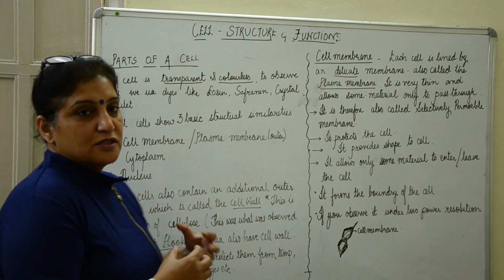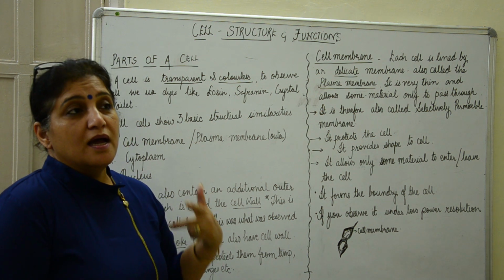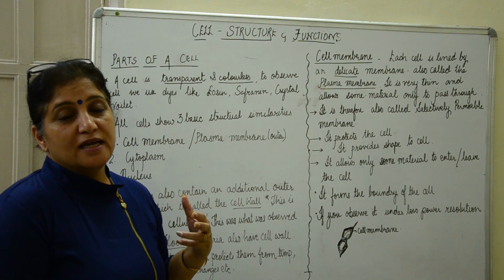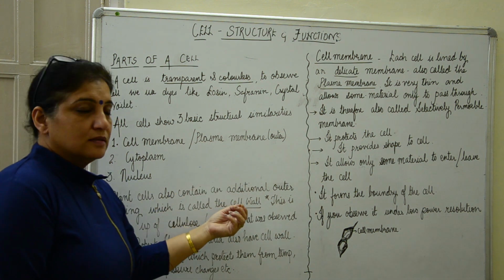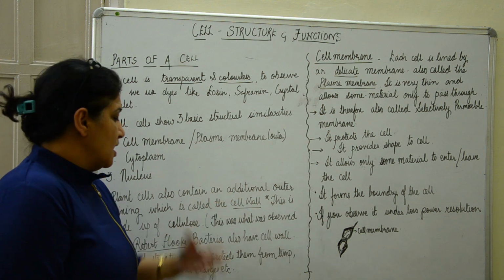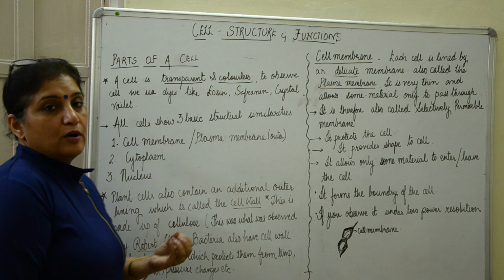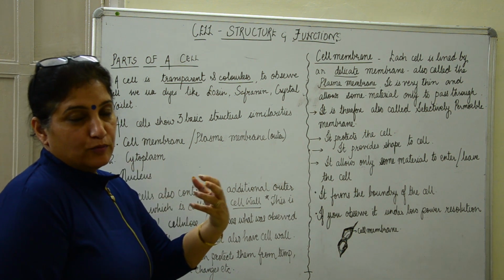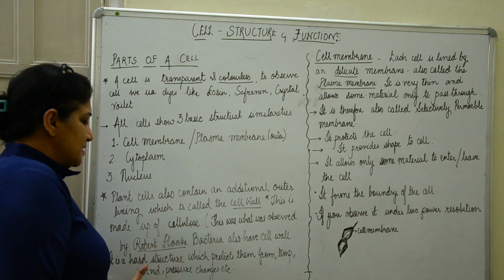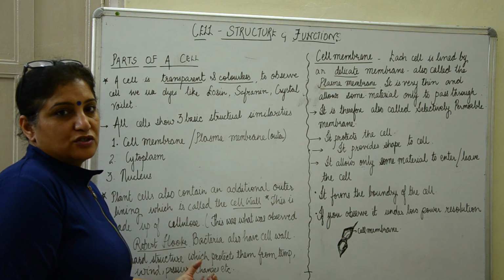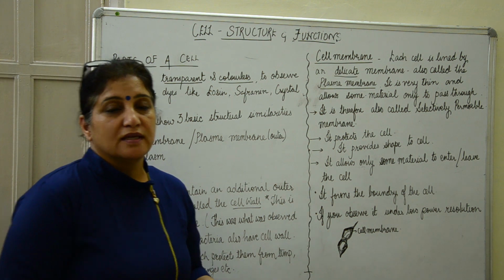If you know, plants do not have any skeletal system and plants do not have any other way to protect themselves. So it is this outer cell wall, made up of cellulose, which protects them from temperature variations, and which protects them from wind, since if the wind is blowing faster, the plants can break. So to some extent it provides a stiff structure to the plant cell and also protects against the pressure changes that are happening in the atmosphere.